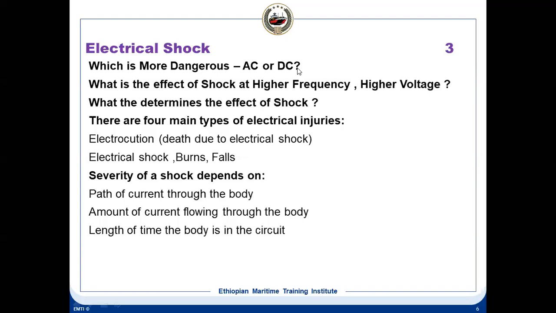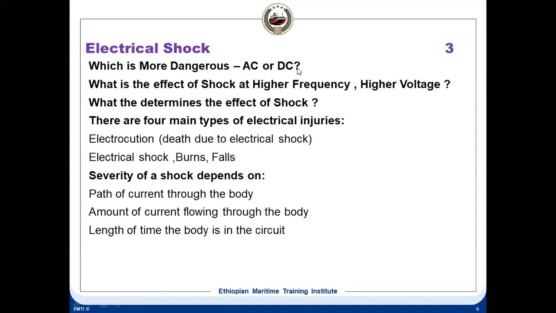So you can say two things in case of which is more dangerous, AC. One is the peak voltage. The second thing is your victim's body acts like a capacitance. Okay, so AC is more dangerous. That is another reason, two reasons. And the third one is AC affects our cardiac system more. So that is also one more reason. So three points for this: which is more dangerous, AC or DC? And what determines electrical shock?